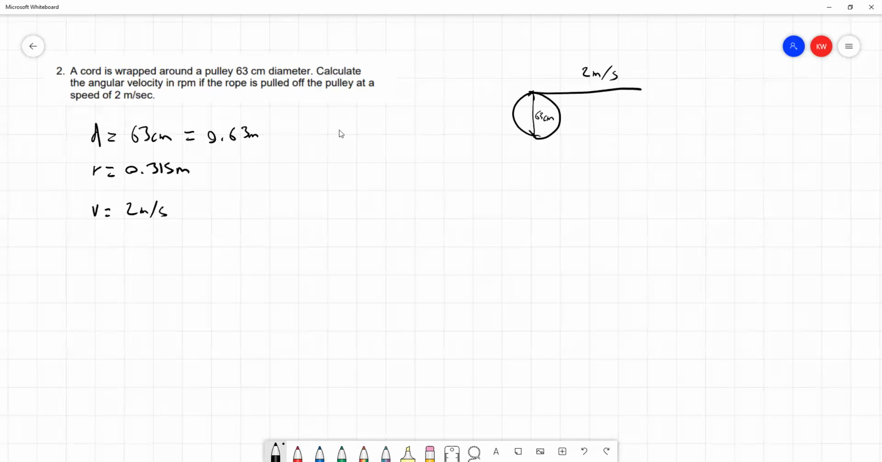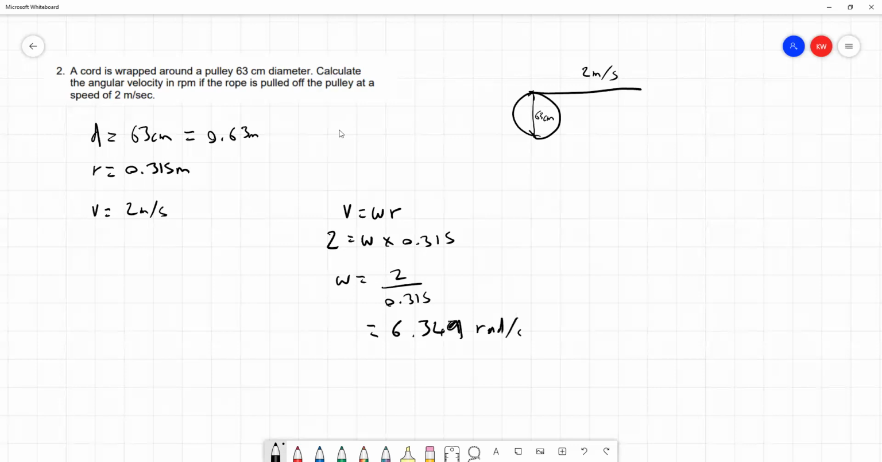So we've got linear motion, and we're translating it into angular motion. So we use our bridging equation. The bridging equation for our velocities is v is equal to omega times r. So we know v, that's 2. We want to find omega, and we know r, that's 0.315 meters. So rearranging, we have omega is equal to 2 divided by 0.315, and that is equal to 6.349, that's to 3 decimal places,